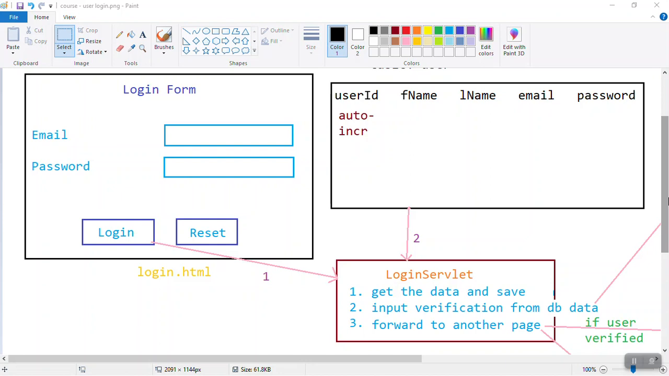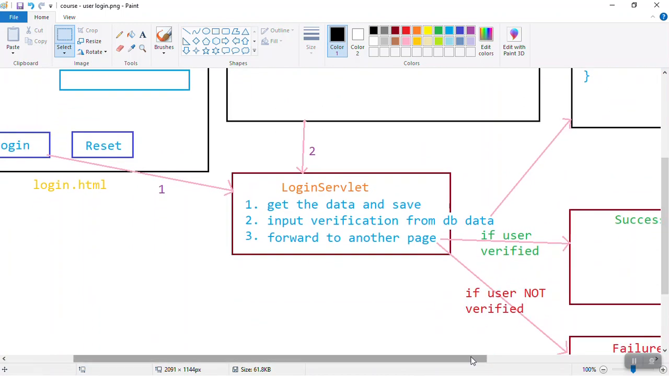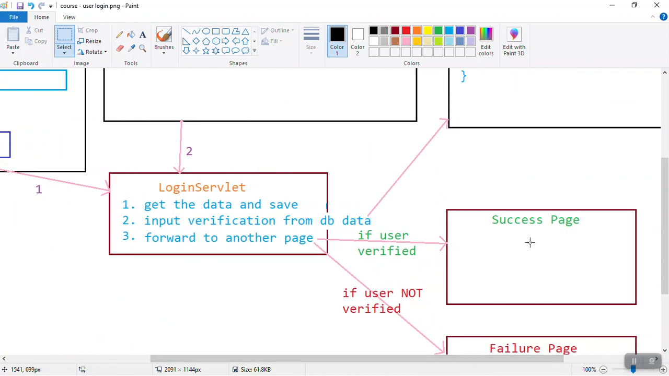Welcome back, guys. We are going to continue the last video where we discussed creating a login page which is connected to the login servlet. And from that login servlet, we have already received the data. We have used the get parameter method to get the data, and we have saved the data. And instead of verifying, we are directly sending that data to the success page showing welcome so and so